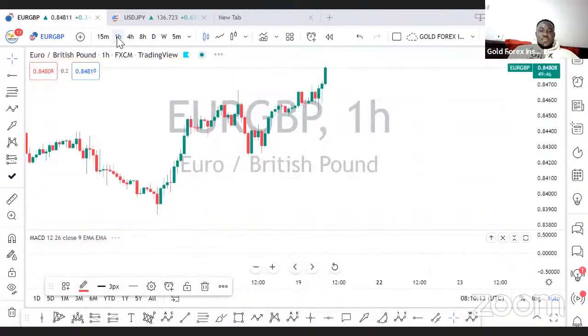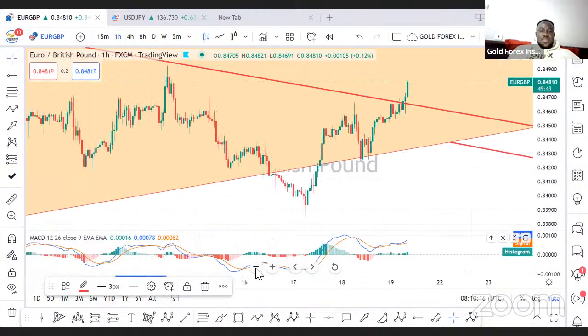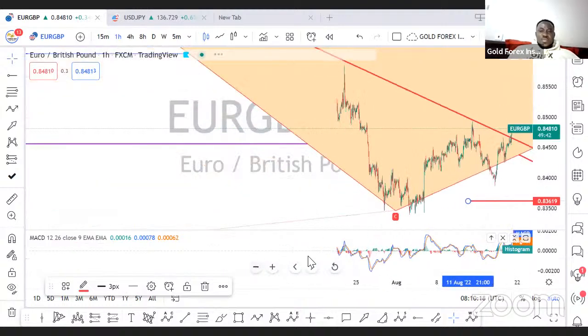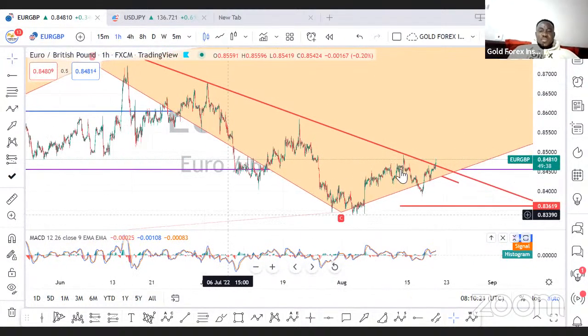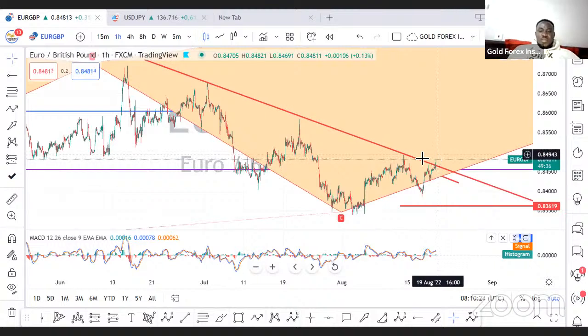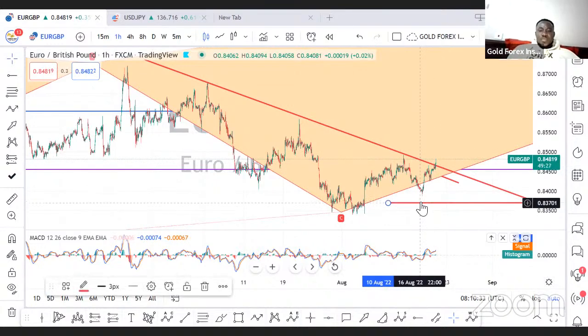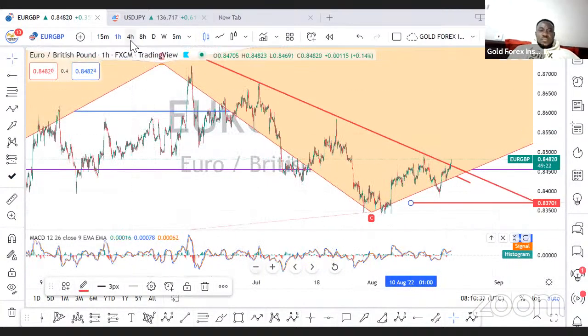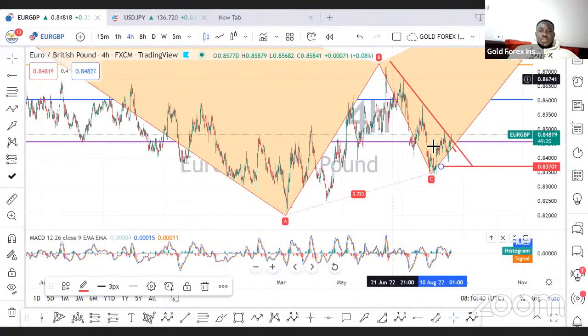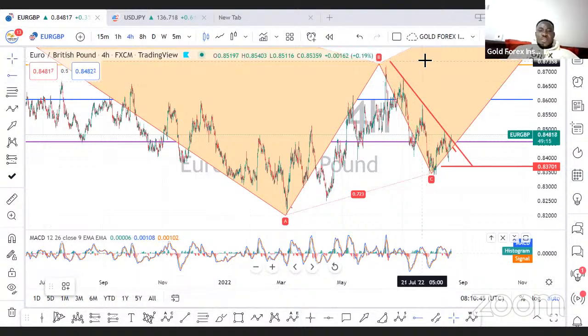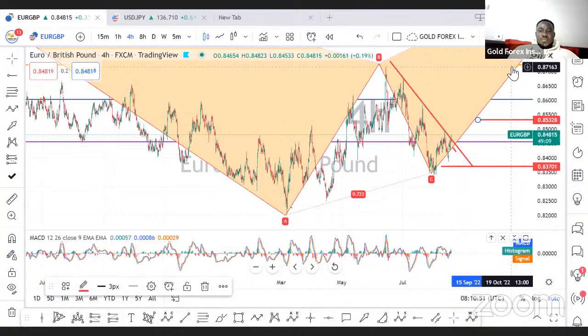Let's go to the lower time frame to see what is happening. Okay, guys, it's broken. You can call for the buy trade once the candle closes, or you can wait for it to close above this candle. Then put your stop loss below the previous supports and buy all the way to this level. Take profit one will be on the fib level that caused the break of market structure. Let me look for it. That's this level, this price.